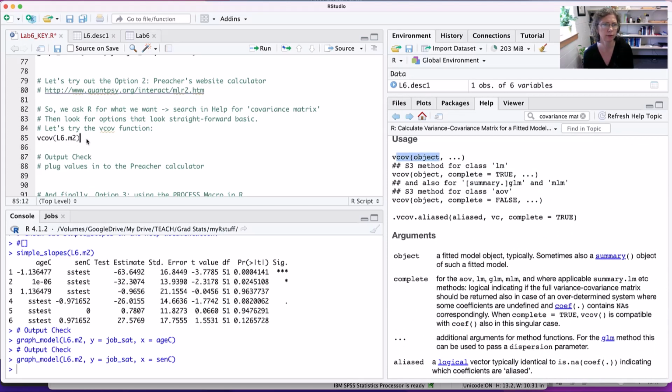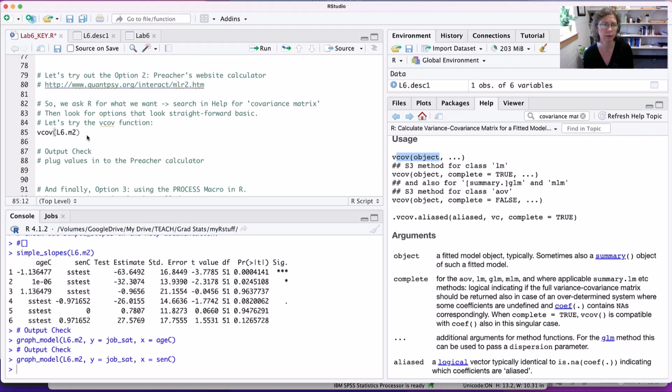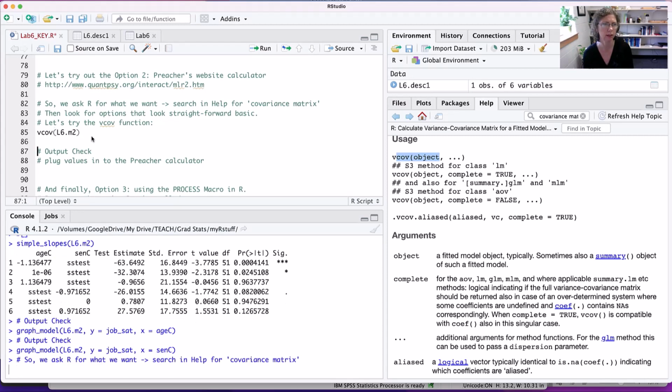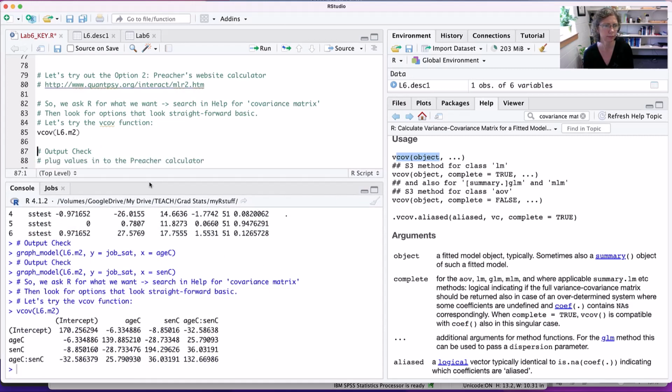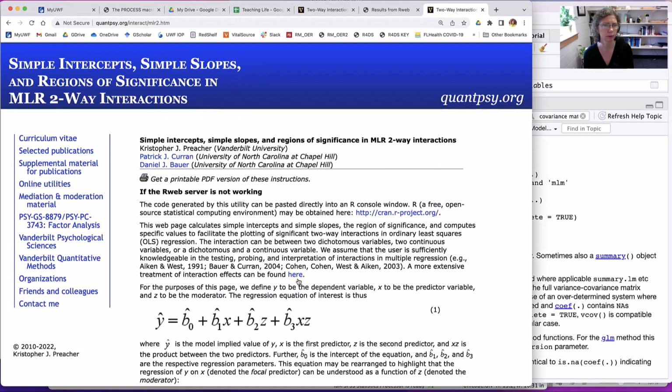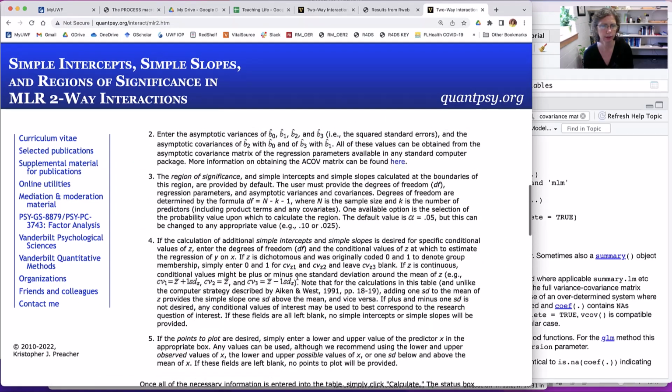vcov of my linear model, model 2, that has everything in it. And let's see what it did there. So there's that covariance matrix again, but you notice that it gave us the variance for the intercept, which we had to trick SPSS to do. So if we go to this and scroll down to our calculator,